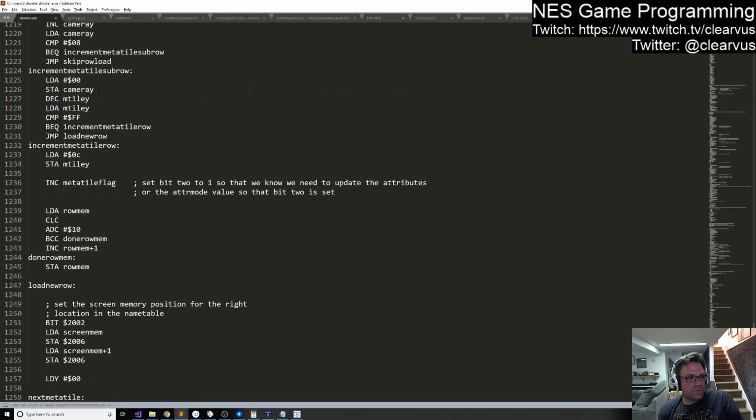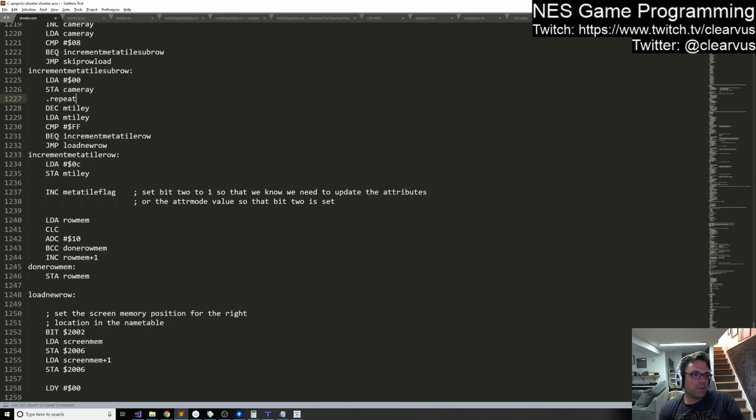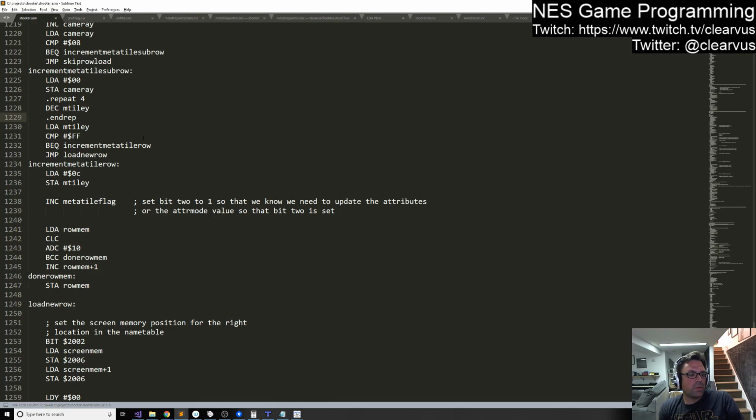And then instead of just decrementing mtile Y, we have to do a little bit more work. We can do repeat 4 and rep. So we have to decrement it. Well, that's probably worse than